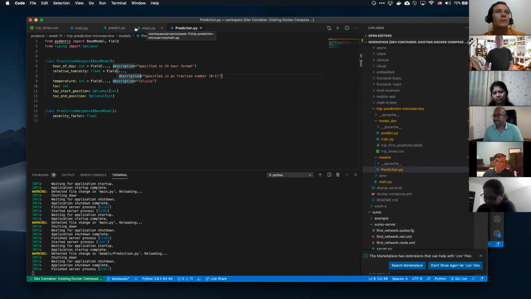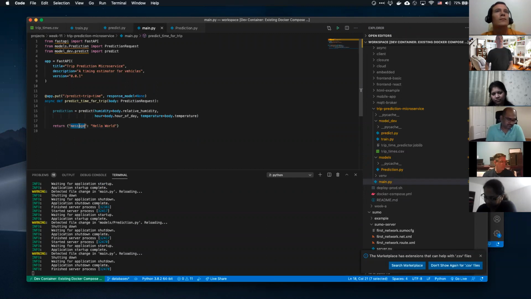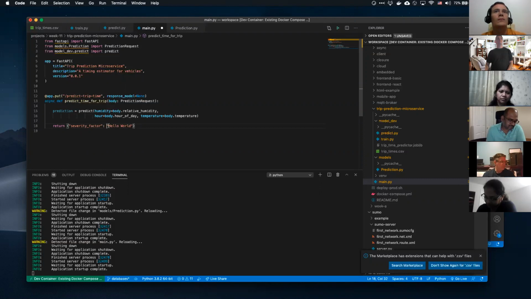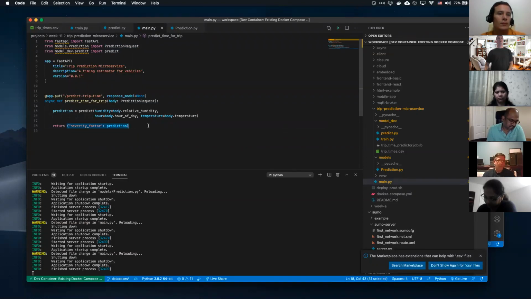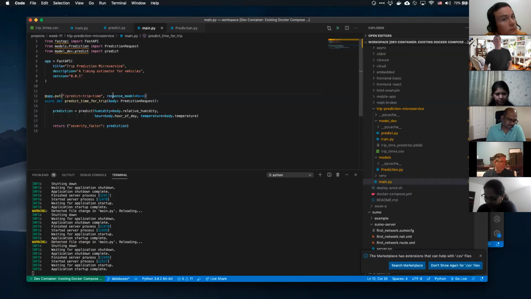Go back to main here. We now have to do severity factor. We'll make a prediction. So this JSON object, or this dictionary, which will be converted into JSON, has to match the model of this thing, which it doesn't look the same, right? But really it is, because this is just a class with attributes. It's just key value pairs, right? So we're just mapping this model, which is key value pairs, to our object here.